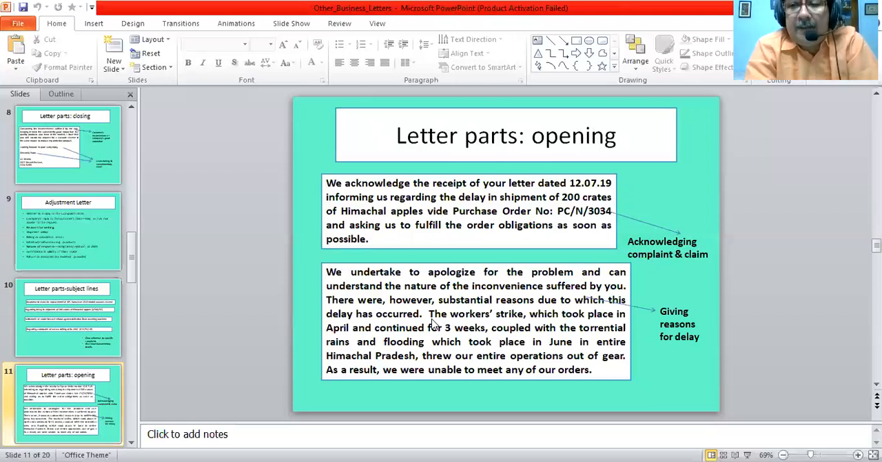Okay, what follows after that? So there are some details which are given after that in the second paragraph. So let me read that to you. We undertake to apologize for the problem and can understand the nature of the inconvenience suffered by you. There were, however, substantial reasons due to which this delay has occurred. The workers' strike, which took place in April and continued for 3 weeks,